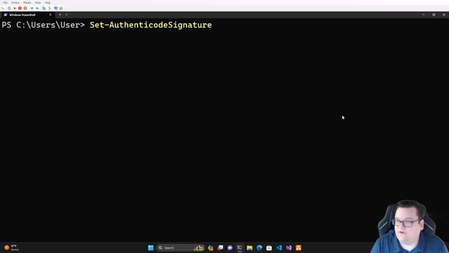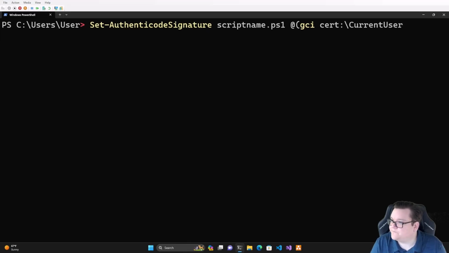The full command on this to run is your script name, .ps1, and then to make it simple, we'll use an @ and this is a Get-ChildItem command, and we put the cert path in here, which is a PowerShell path, and we want to use Cert:\CurrentUser, most likely is where you'll have it, and then we want to say it's a code signing certificate, and then we want to do the -IncludeChain All,